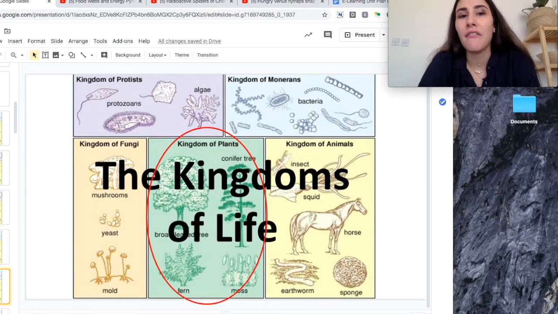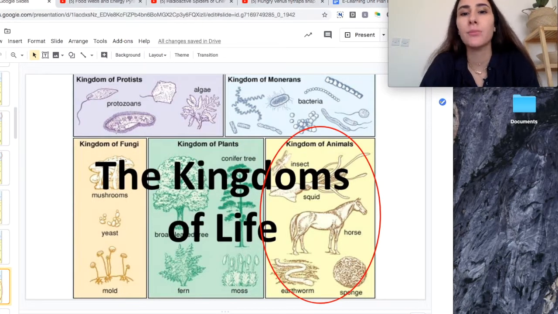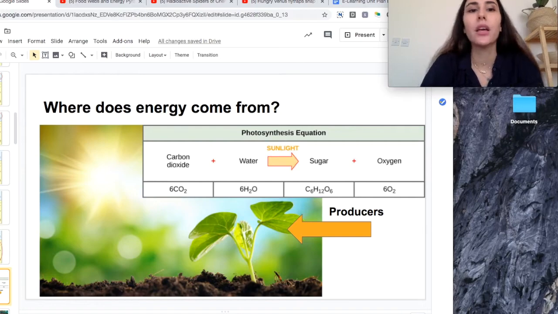Okay, next we have the kingdom of plants, and we already talked about the fact that plants are categorized into angiosperms, gymnosperms, mosses, and ferns. And finally, we have the kingdom of animals, which, we can see several examples of organisms that fall under this category or kingdom right here. Okay, now,